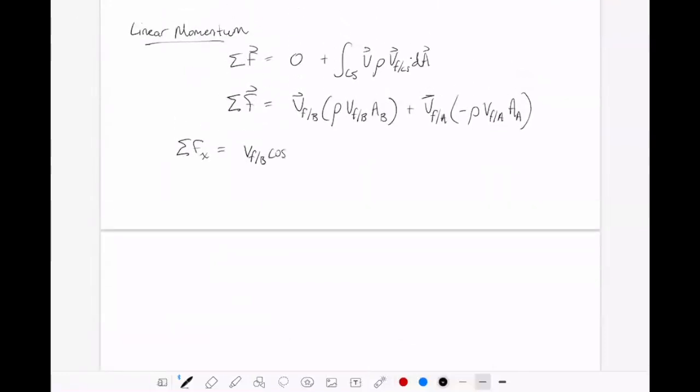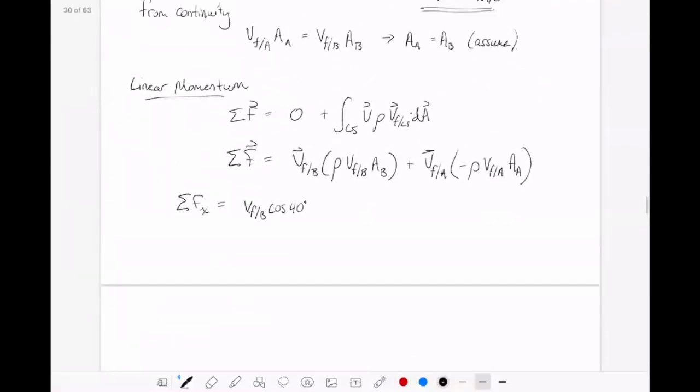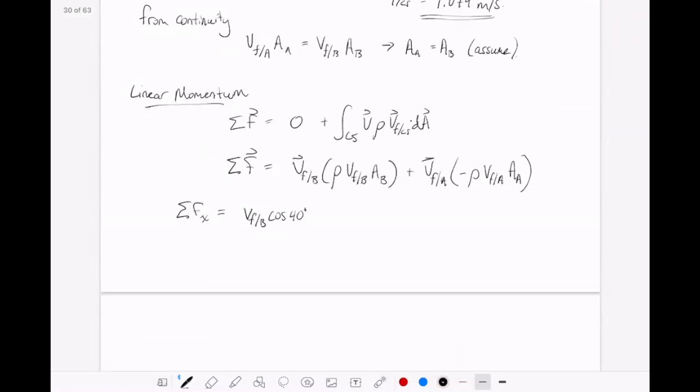So VFB cosine 40 gives us the x component of our velocity of the fluid with respect to the exit at B, multiplied by rho VFB AB,